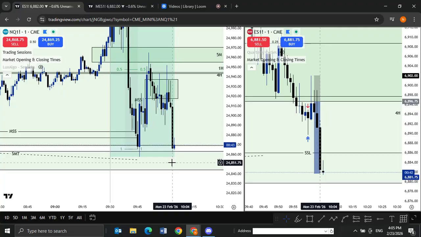It means that I don't have an entry model yet for this, which is one of the reasons. The second reason is I am still afraid to accept the risk. Unfortunately, it's true. The third problem is that I didn't give myself enough confirmations. I had enough confirmations to enter the shorts, but I just didn't confirm it for myself in my brain,